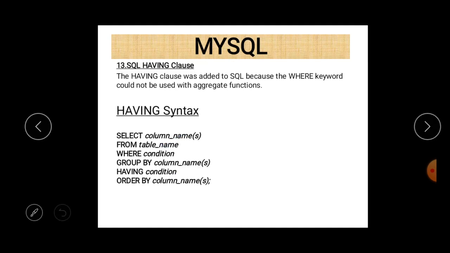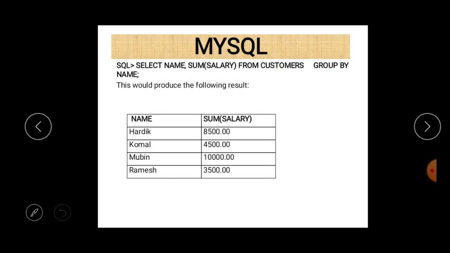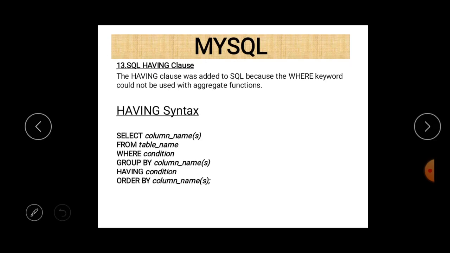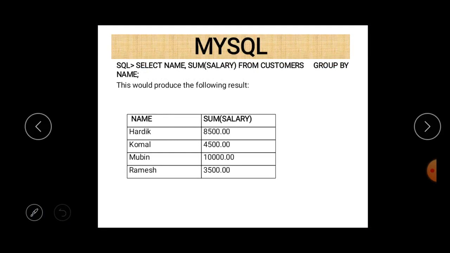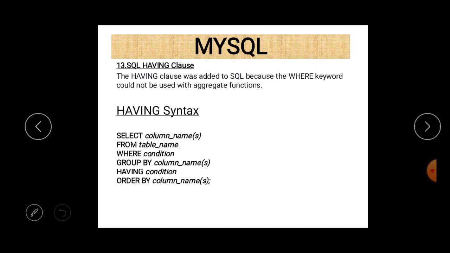Now let us take another example. What happens if there is a condition based on the group? If there is a particular condition related to a group, for example, if I want to form a group on the basis of name and find out the total salary, and the total salary should be less than 8,000, then there is a condition related to that group. So if there is a condition imposed on the group, then we use the having clause for that purpose.